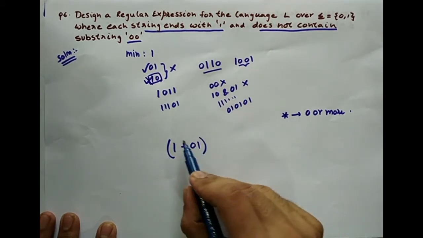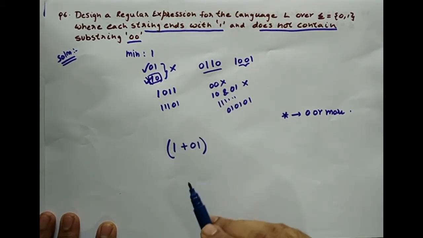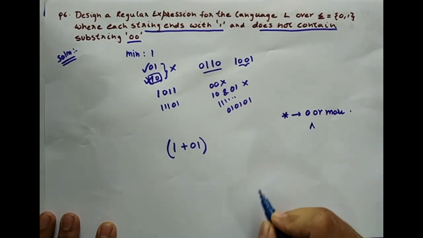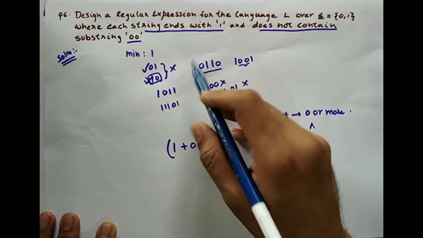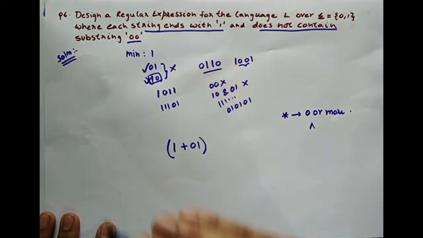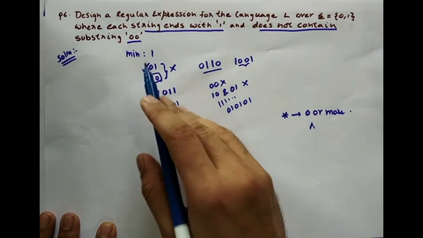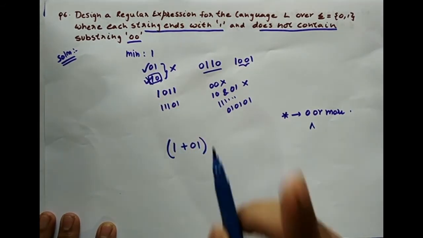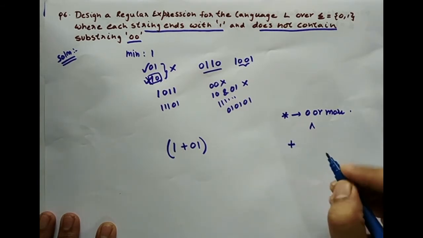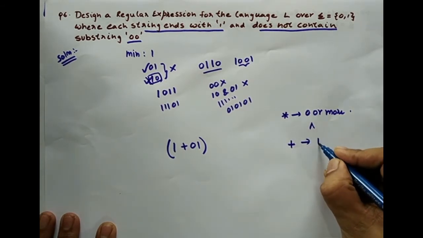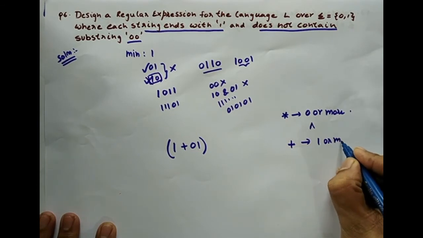But what happens when the sub expression is repeated 0 number of times? Will it not give you the null string as the minimum possible string? Yes. Whereas what is the minimum possible string in this case? Is null part of this? No. The minimum possible string is 1, at least 1. And to get 1, this sub expression has to be repeated at least once. So I will be using the plus sign, and plus means 1 or more times.